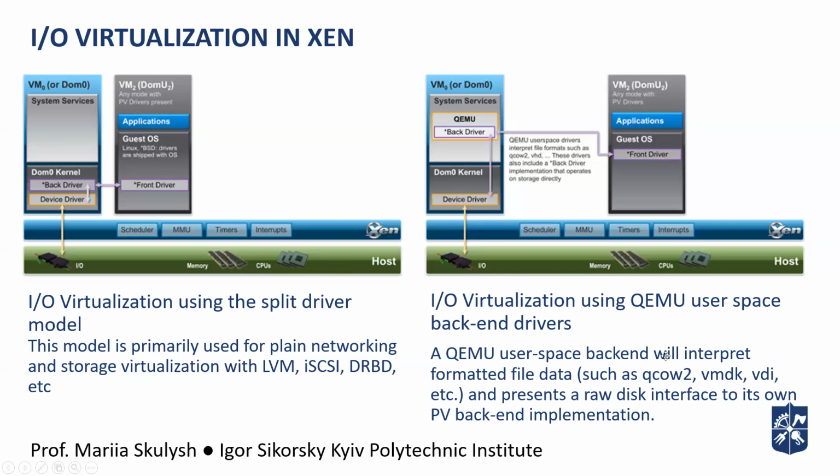So it's a backend. What do these different things do? We have a front end driver in a guest virtual machine from one side, and we have the QEMU back end driver, which communicates with the front end driver, knows how it works, and receives all information for transmission. So it's virtualization in Xen.